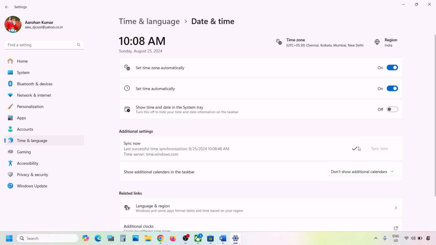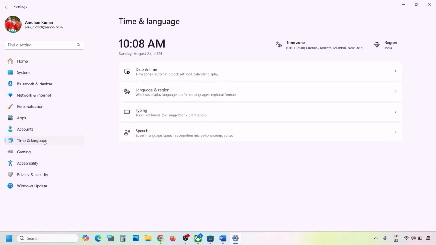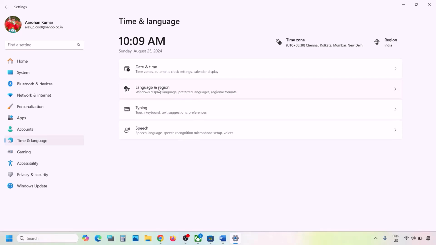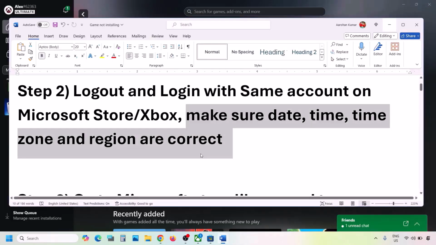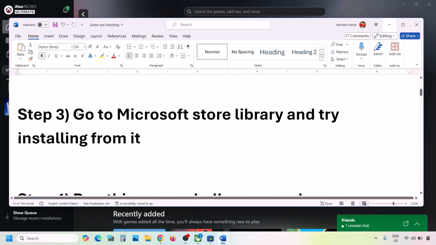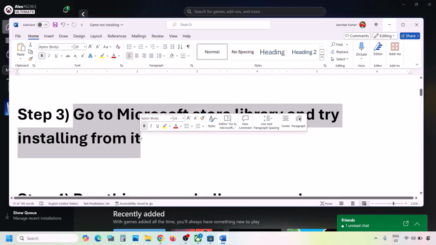now you might receive some errors or red error. In that case you have to click on sync now once again, try it multiple times. Once the sync is done, now you can go to time and language once again and then go to language and region and make sure your country is selected over here. Now you can check. Now the next step is to go to Microsoft Store library and try installing from Microsoft